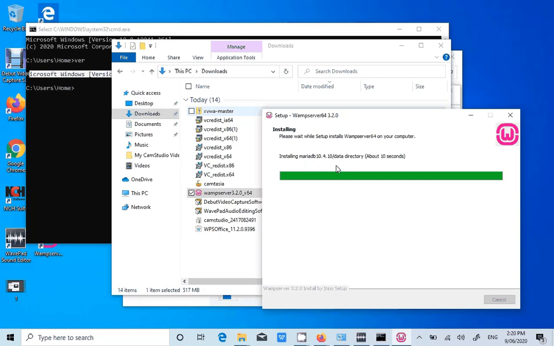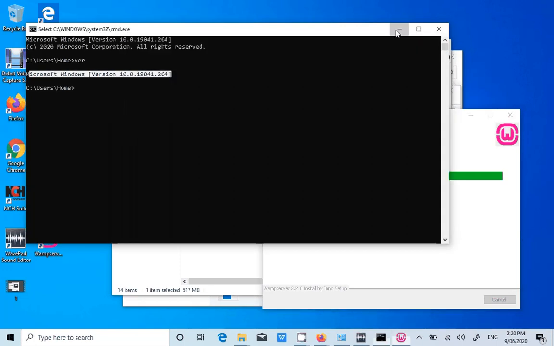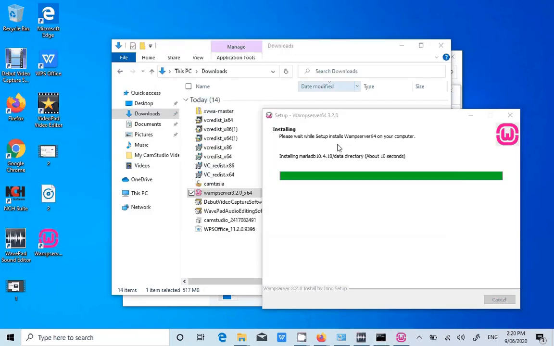The installation is about to complete in 10 seconds. It has created the shortcut icon here.